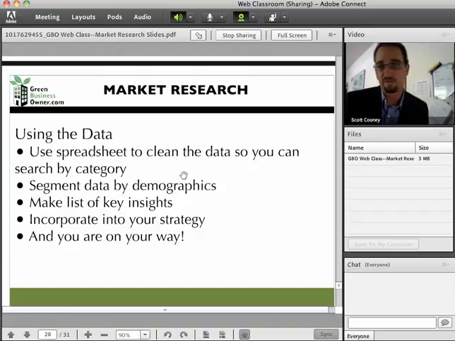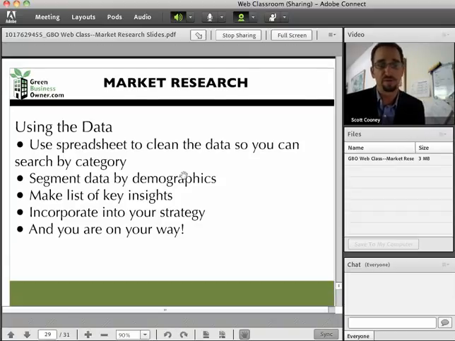Once you have gathered a lot of this stuff, you need to use the data to some degree. Where the freeform answer from before is stuff that you can just sort of chew and digest yourself, a lot of this stuff is data that you're going to have to dig through. You have to go through a spreadsheet, clean this data up, compile it, and make it into neat columns and neat rows so that you can really use it for things.